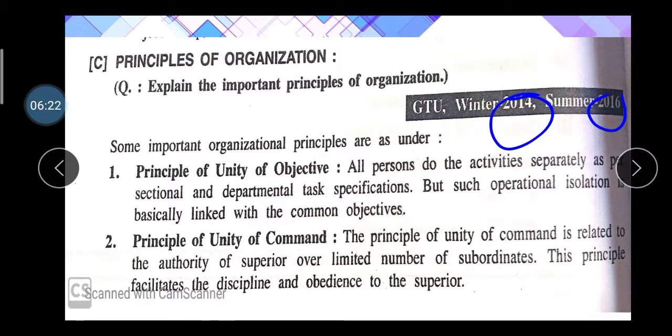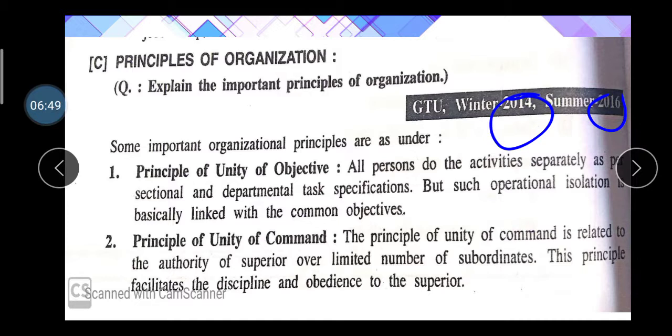If you are working in the purchase department, then your main objective is to get the purchase of the raw material at the lowest cost. Then if you are working in the sales department, then your main objective is selling the higher and qualitative products to the customer. But the main same objective of these two departments is to achieve the organizational goal.